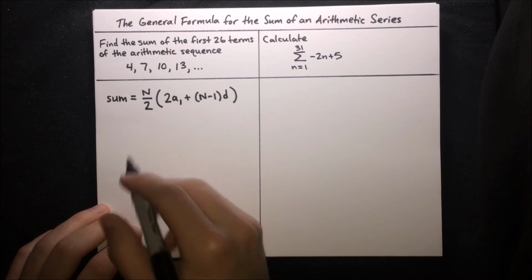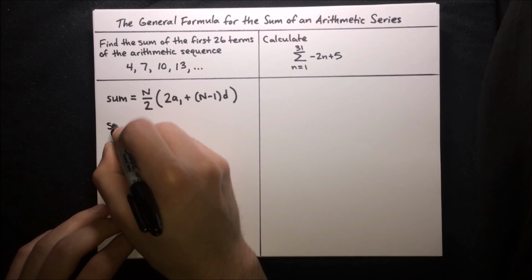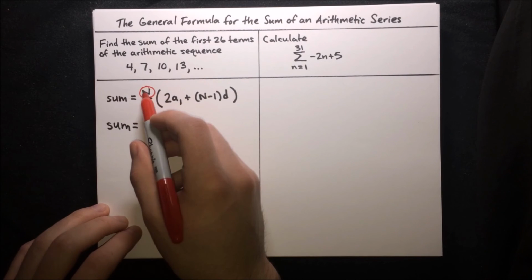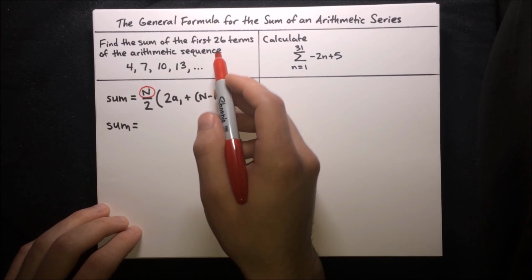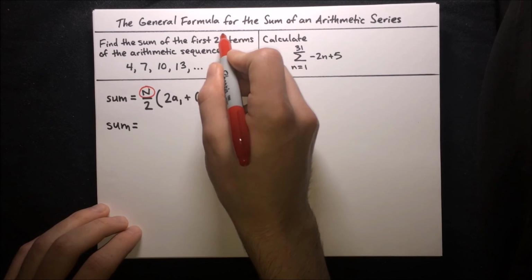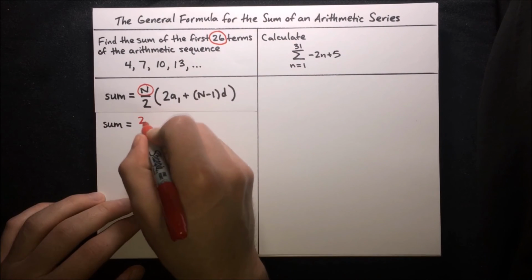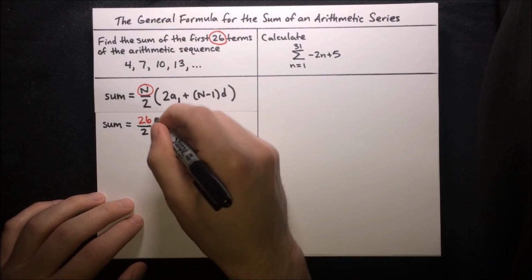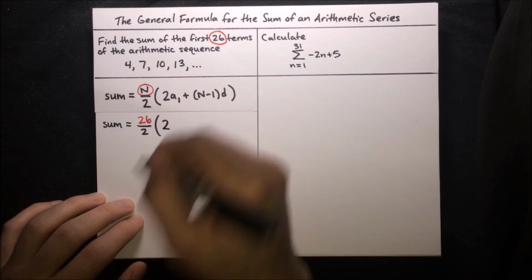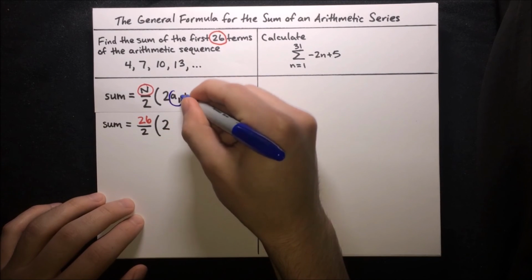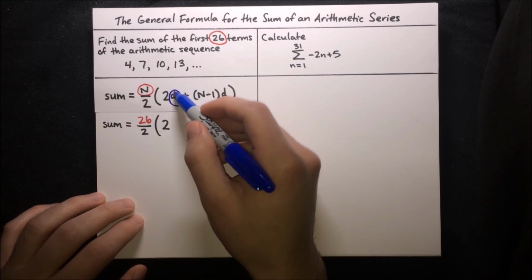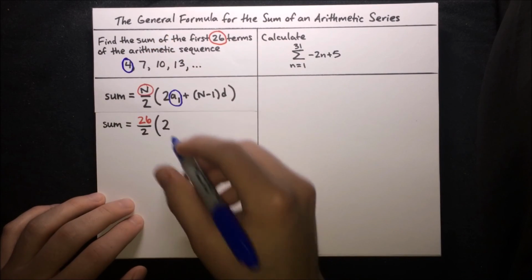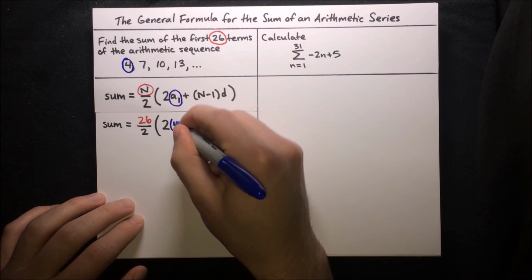Now let's write this down again, but let's figure out what each of the terms are. So sum equals, what is n? Well, n is just the number of terms we're adding, and we're told that right over here. It's the first 26 terms. So n is 26, so sum is 26 over 2 times 2a1. So what is a1? Well, that's just the first term of the sequence. And we're given the first few terms of the sequence, so we see that the first term here is 4. That's a1. So 2 times 4